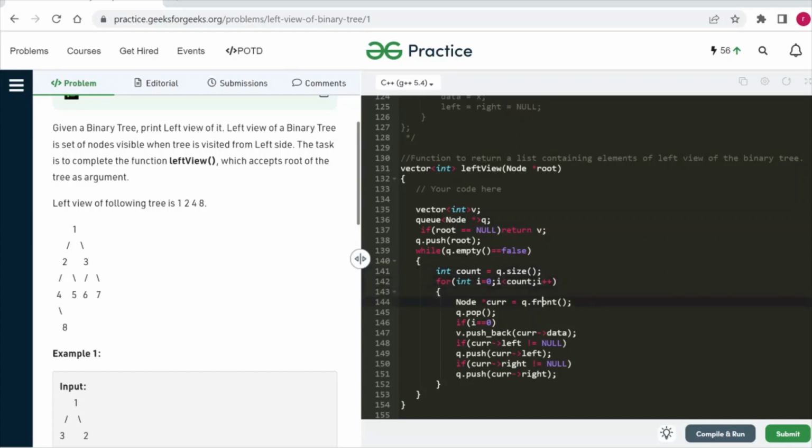Now we are taking a current variable and storing the front of the queue in that current variable, and now we are popping that element from the queue, and we are checking this condition. This is the main difference from the previous level order traversal code that we have written. We are checking that if our i value is 0, then we are simply pushing back our answer in the vector,